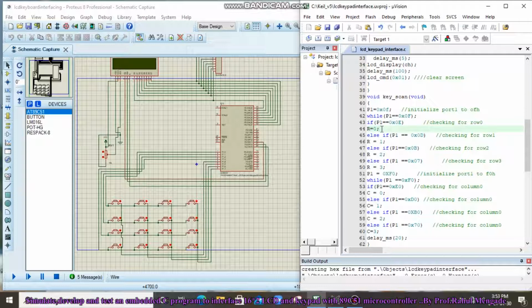You have to check the rows and columns, correct? So if P1 is equal to 0x0e, then row 0 is selected. Else if P1 is equal to 0x0d, that means row 1 is selected. If P1 is equal to 0b, then row 2, and if P1 is equal to 07, row 3, right?